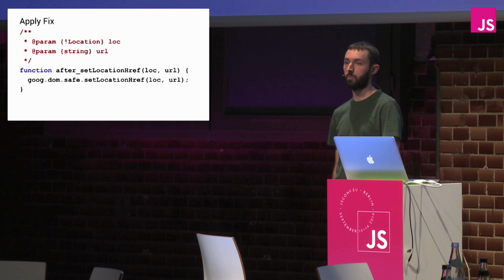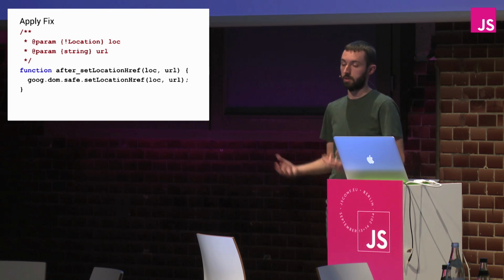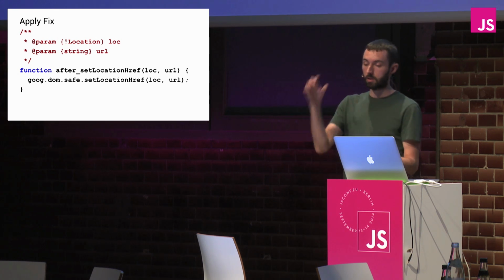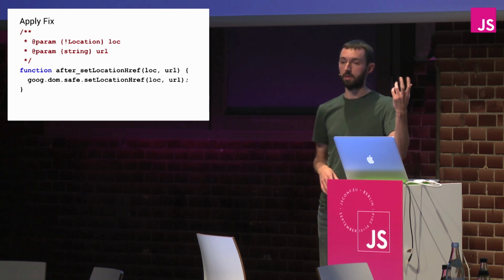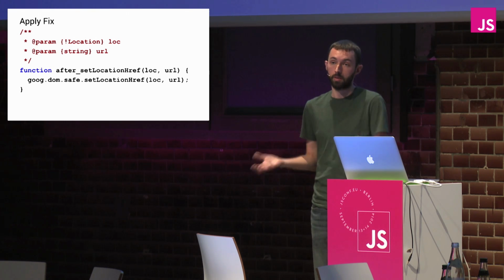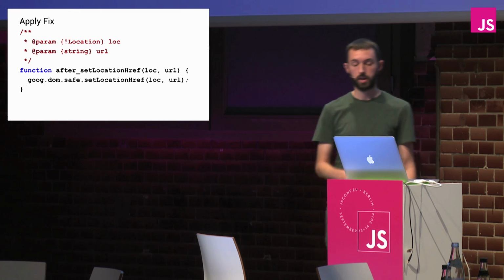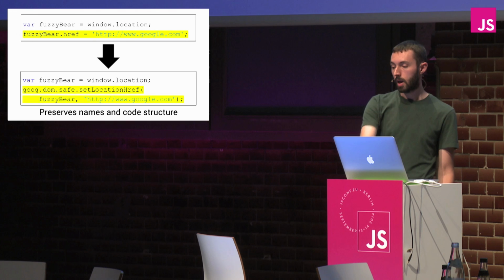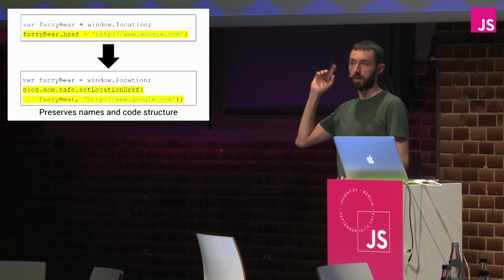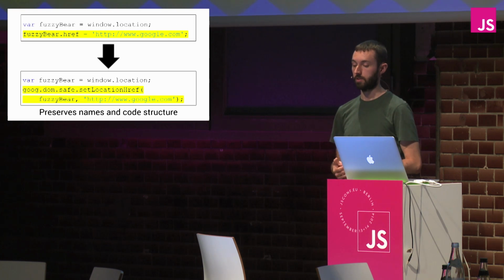Once we have that, then we need to take this code and transform it to what we want it to look like. And so this function looks very similar to the matching case, except the body of the function corresponds to what you want the code to look like. In this case, we just want it to use the setLocationHref function. And so it would take an example like the top piece of code and then transform it to something like the bottom piece of code, where